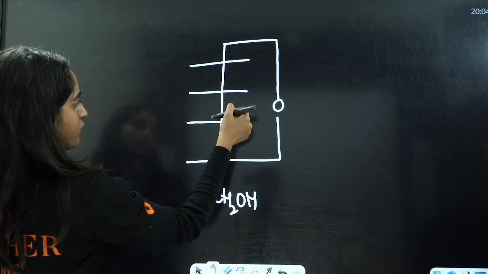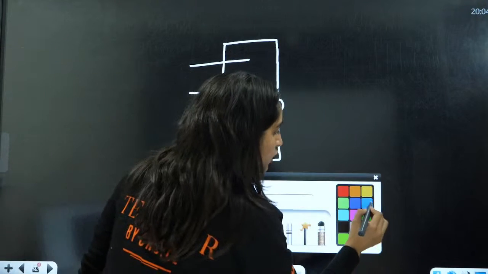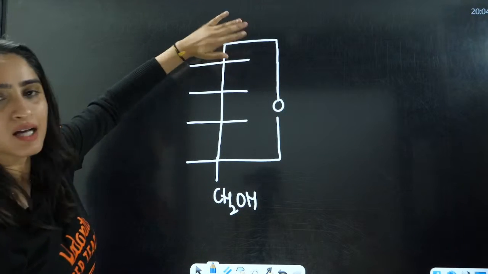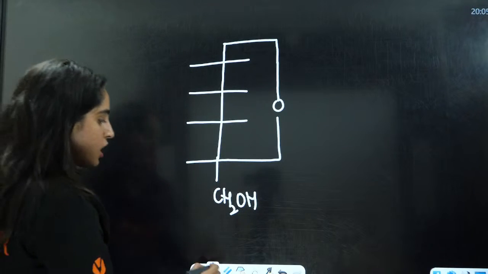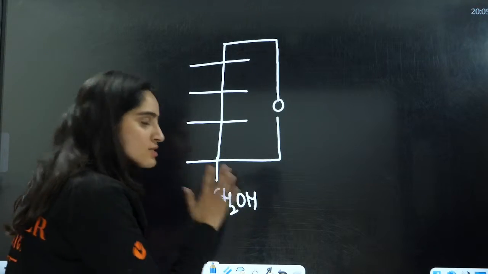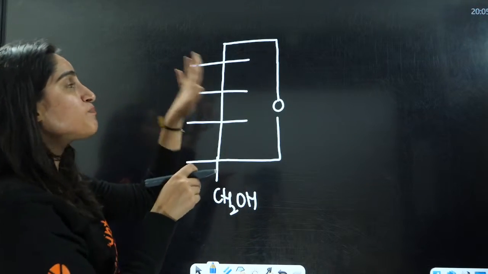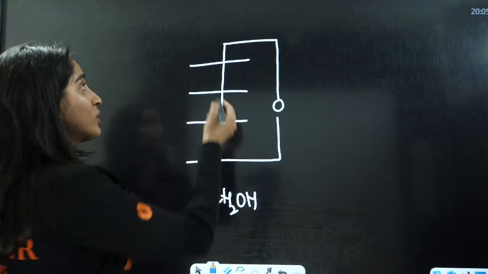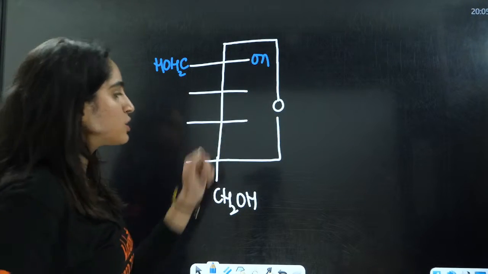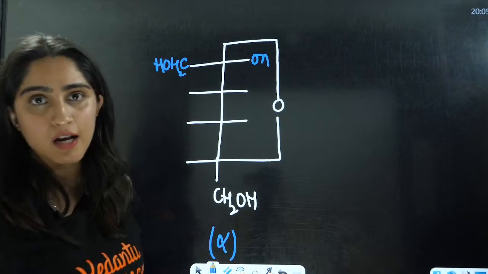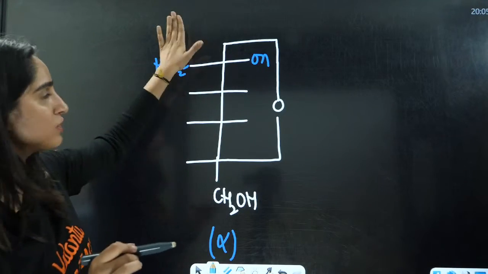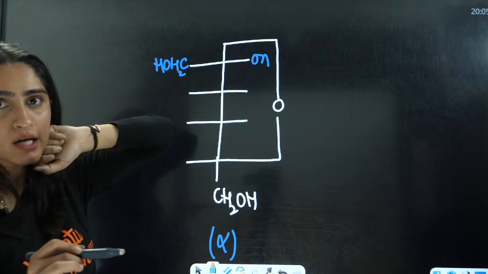2, 3, 4, 5, 6. Okay, so now let us see this. Just forget about the second carbon here. How are you going to draw this? In fructose, you have two primary carbons. The first primary is here. If that second primary carbon's CH2OH group is on the left side, and this OH is on the right side, that is going to be the alpha. This is going to be the alpha fructose. Everyone remember this? You have the CH2OH group on the left side, OH group on the right side.